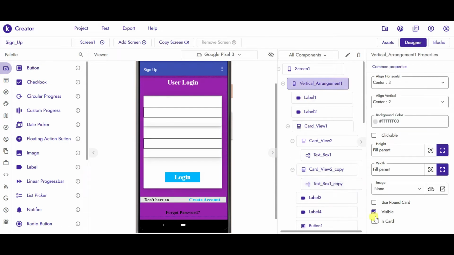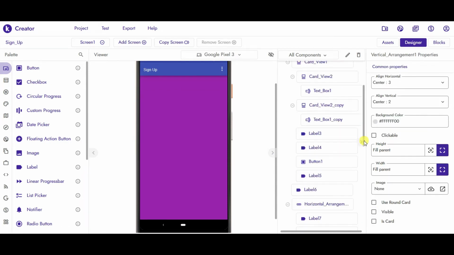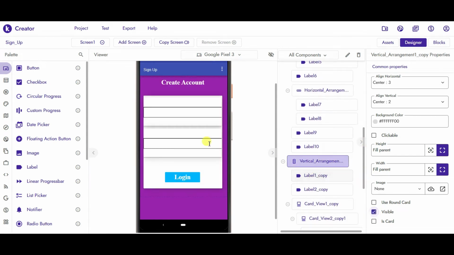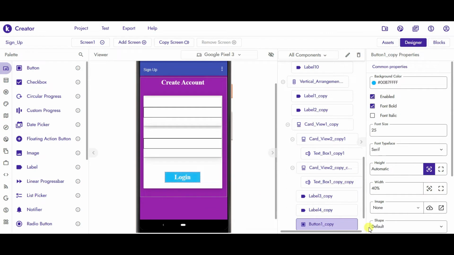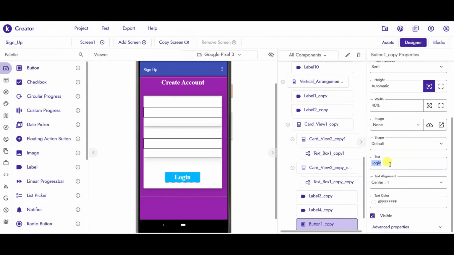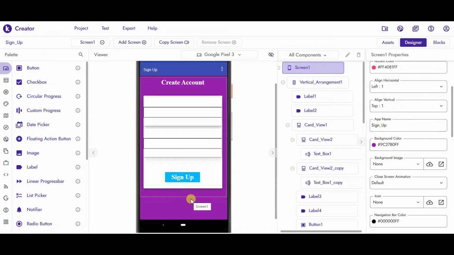Just make this vertical arrangement non-visible and the second arrangement visible, and change this button text to sign up. So we have successfully created the whole design for our application.